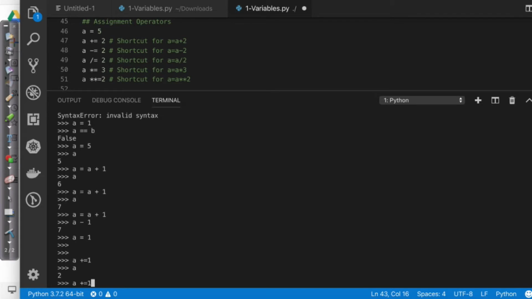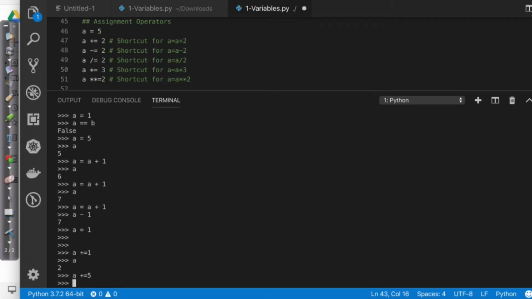I could come over here and say, well, I want to add 5 to it. So if I say a, that's going to take me to 7. I can do the exact same thing for subtraction. If I just put a negative sign, it's going to remove 5 from the value, and we can see there that's going to result in 2. Now another thing I could do is use division. So all I'm going to do is list the variable, the action, the assignment, and say, okay, divide by 2. That's going to give me a value here of